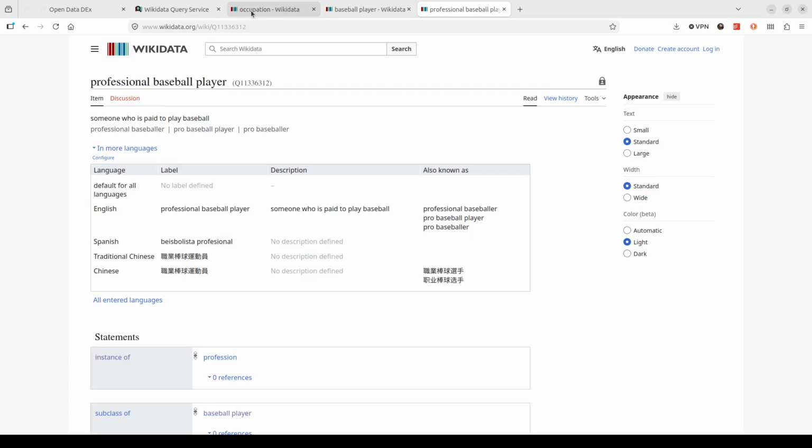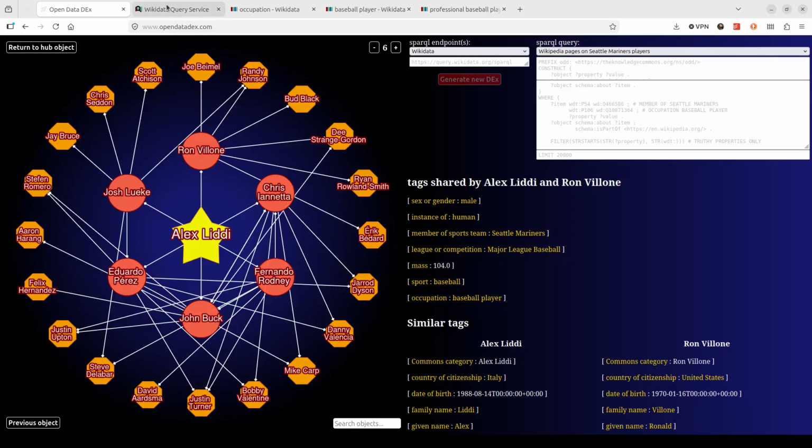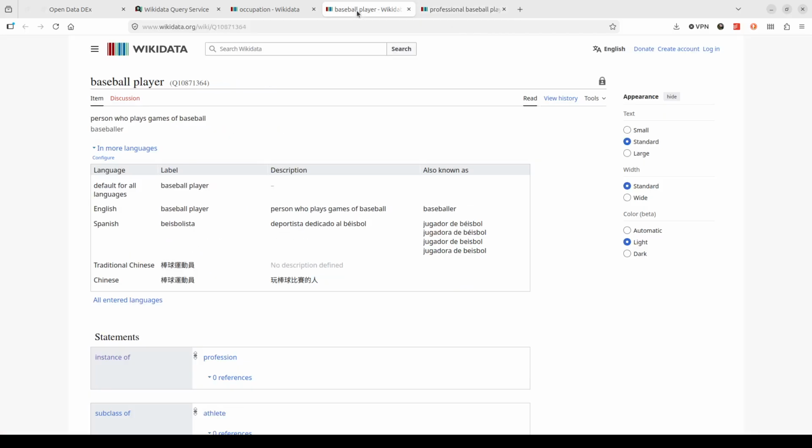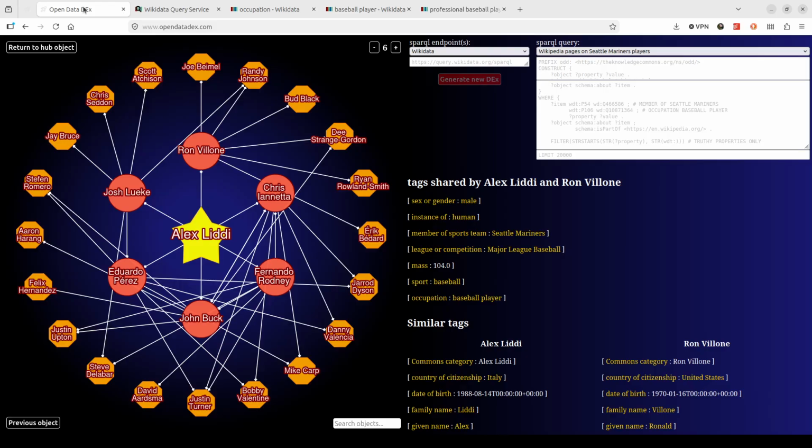So I think it is a mistake that someone put Alex Rodriguez with this professional rather than just this regular baseball player occupation.